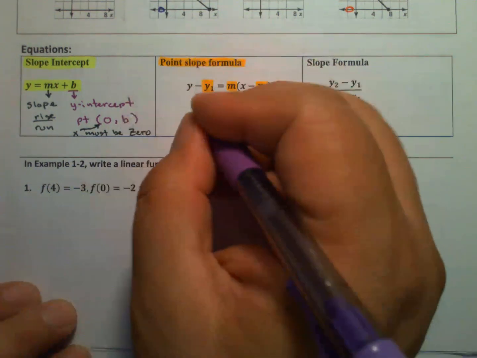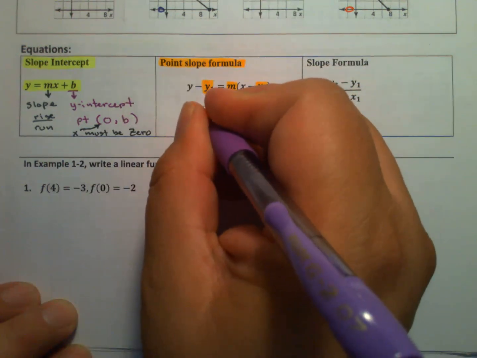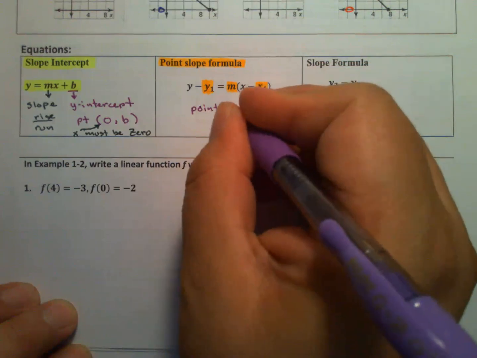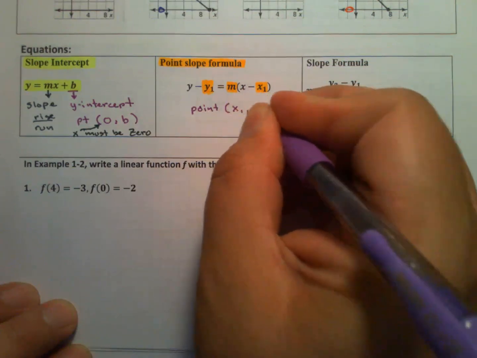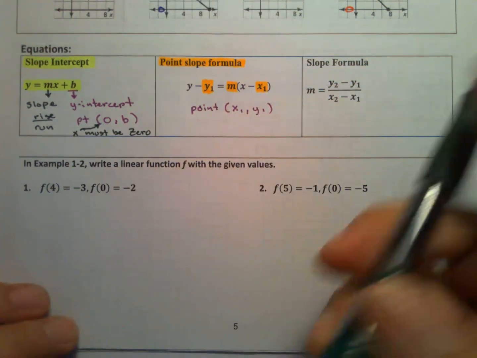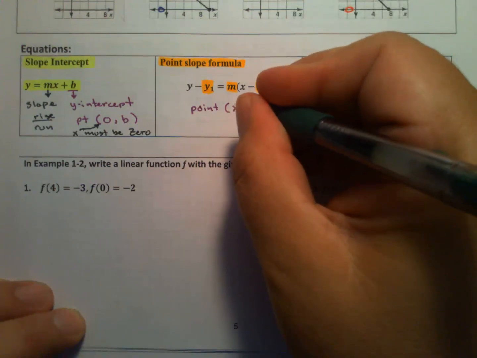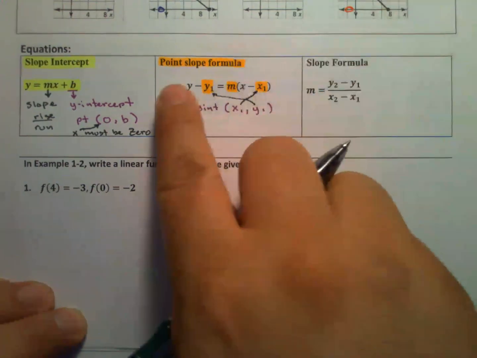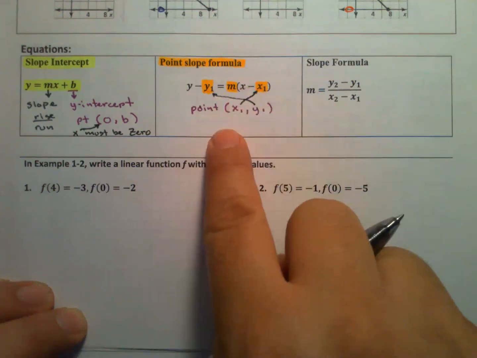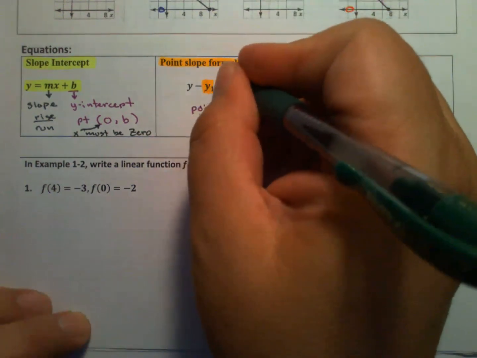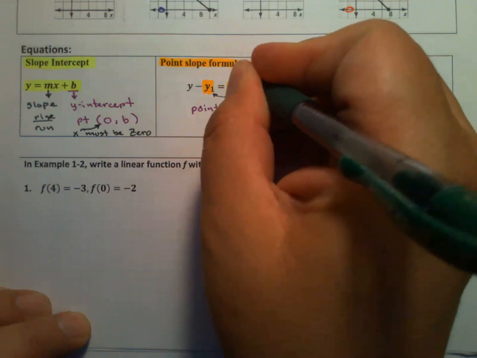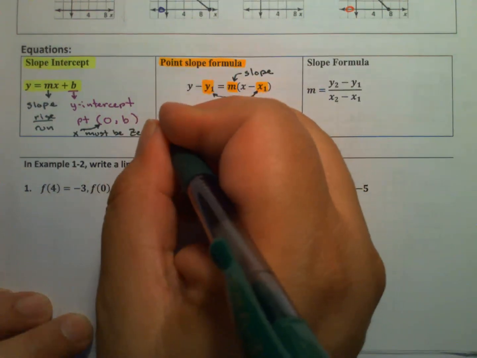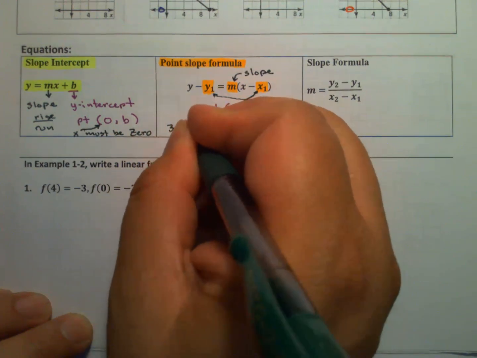See, we have a point, right? It could be any random point. We're going to call it x1, y1. And so look, we have a spot for all of these values. This will go here. This one goes over here, right? The y with the y, the x with the x. And of course, this is our slope, just like before. So then that's what gets plugged in. So three values